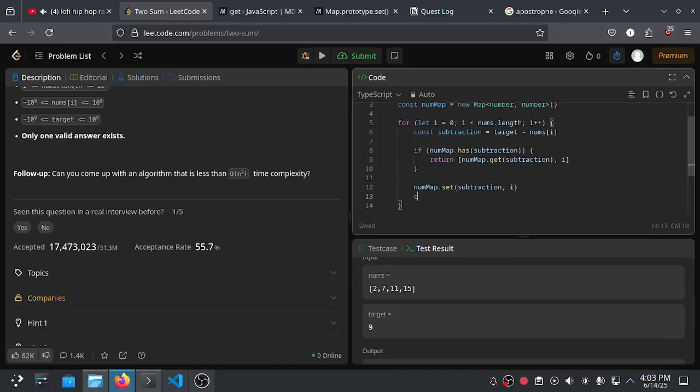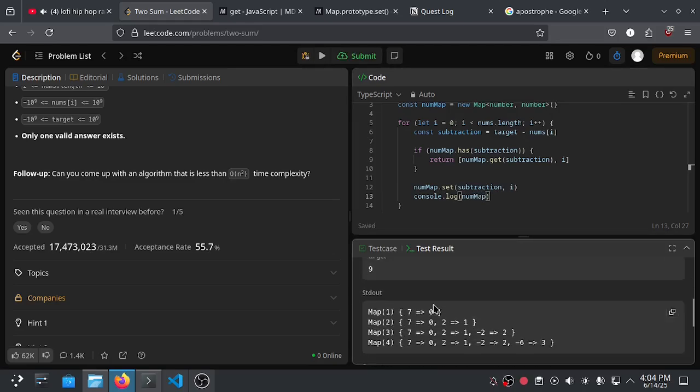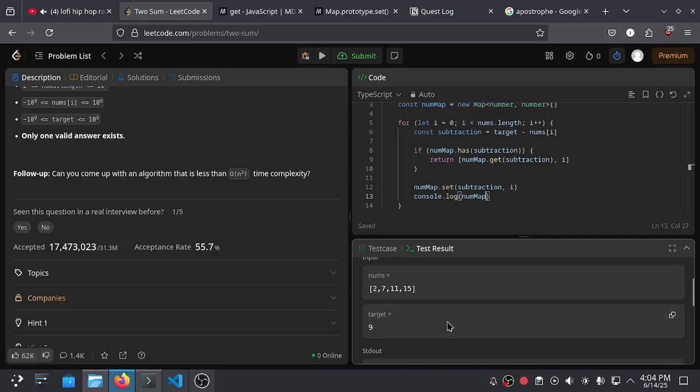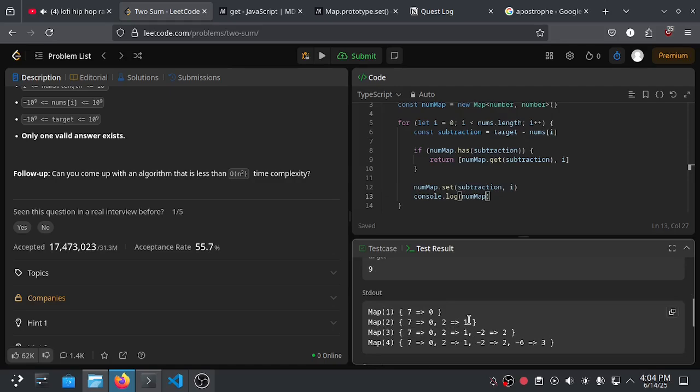We can console log to see if it's really stored correctly. We are iterating 7 at index 0, so the key is 7, and then 2 at index 1.